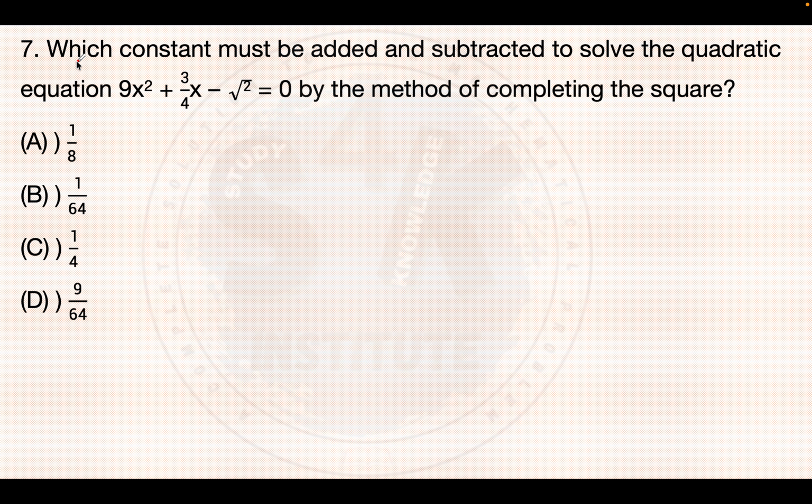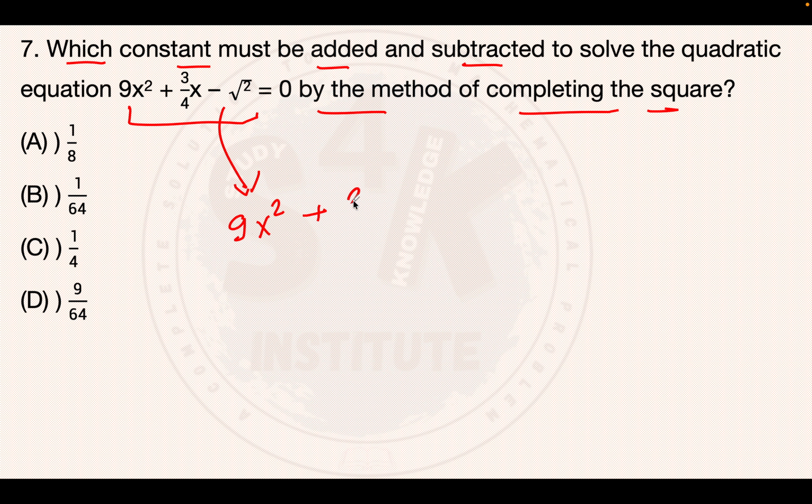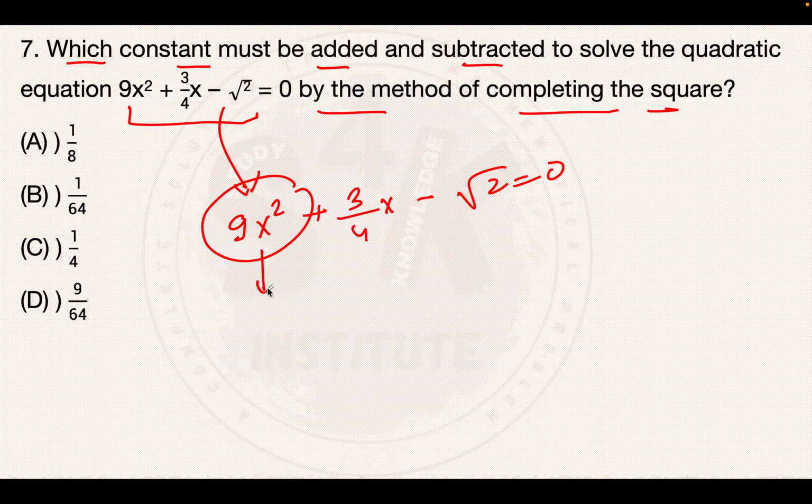Which constant must be added and subtracted to solve the quadratic equation by the method of completing the squares? So let's see the way we did the sample question. I think it was the 2. Okay, so let's do this: 9x square plus 3 over 4x minus root 2 is equal to 0. So how can we write this? We can write this as 3x square, sorry, 3x square